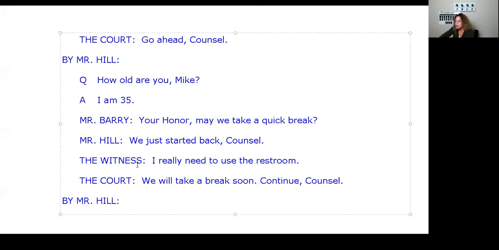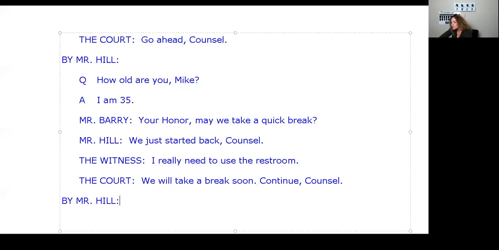By Mr. Hill. Go to the next line. Question. You tab over once. Q, tab again. Where were you born? And then you would go from there with the answer once he answers, and then it would just be QA, QA unless he gets interrupted.